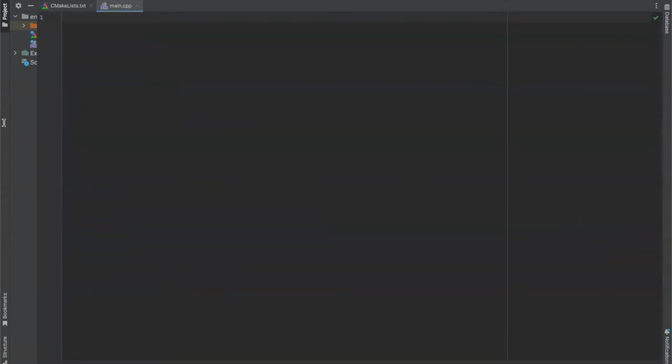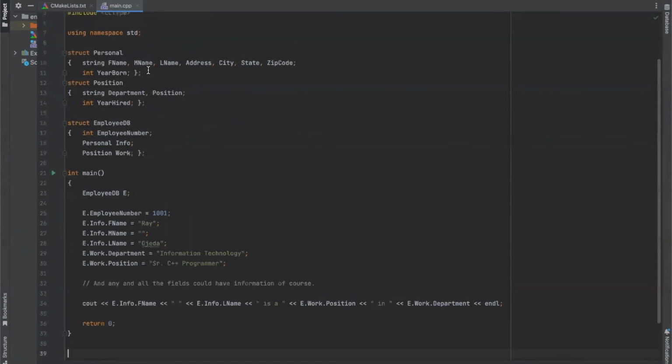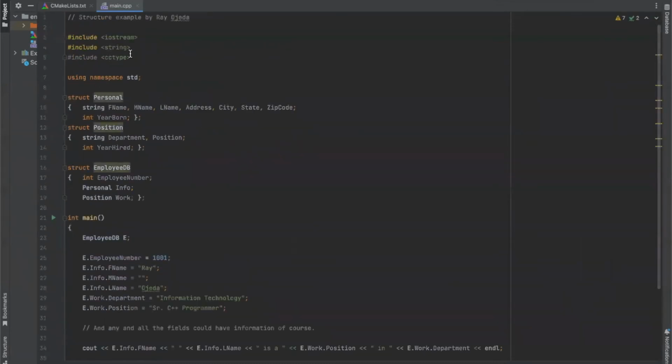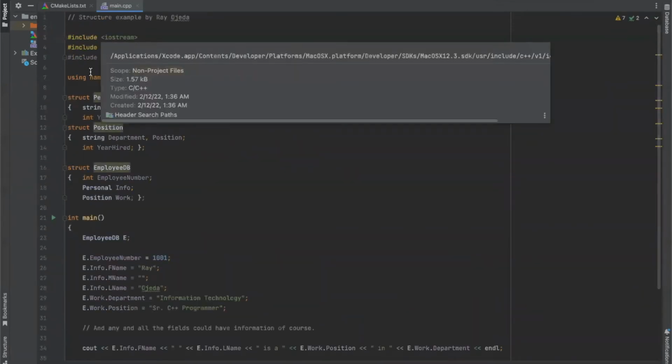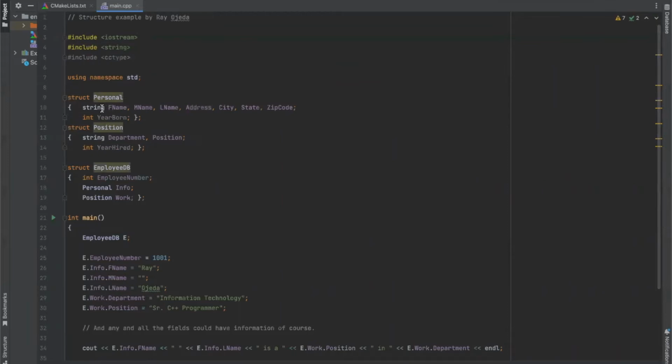Can I do structures within structures? Of course I can. You know, I was going to go there. So here's my example. I have a structure called personal with my first name, middle name, last name,